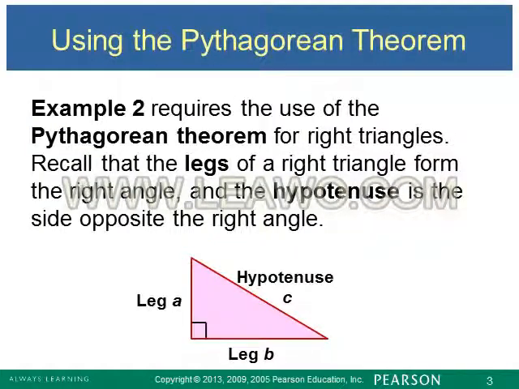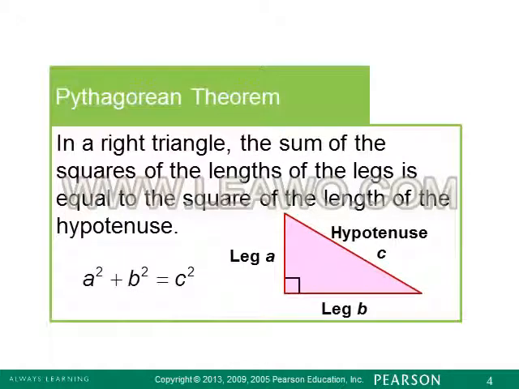So in the Pythagorean theorem, remember it is a squared plus b squared equals c squared. It's only used with right triangles, and we know that the hypotenuse is the longest side of the triangle, and it is always across or opposite from the right angle. So here we see an illustration of the Pythagorean theorem,